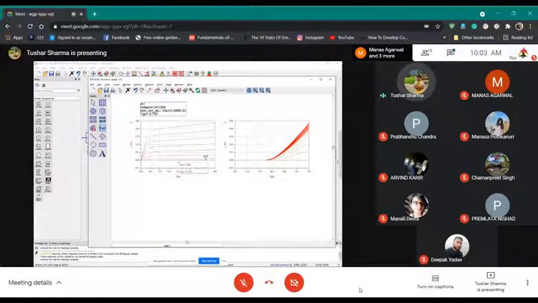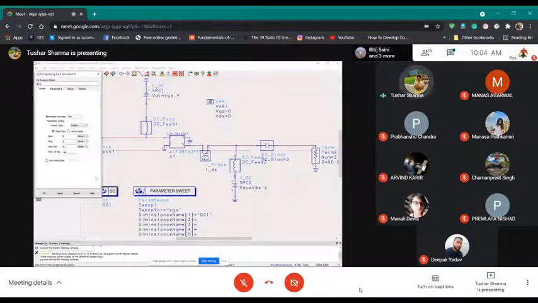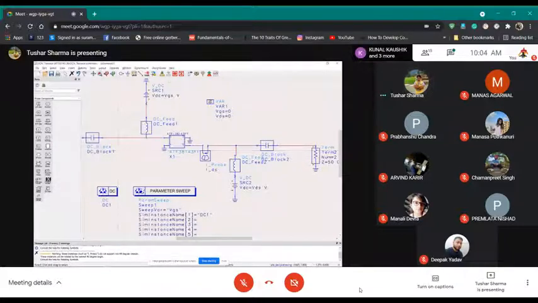So now let's fix a VDS. Let's take a VDS which is in the center so that we are in the safe spot, because we don't want to operate here. Because if we operate here, there will be a swing, RF swing, and you might burn your device. So we will operate here at 2 volts. So let's fix 2 volts in DC1 and make it a single point, and say 2 volts. Apply OK and rerun it.